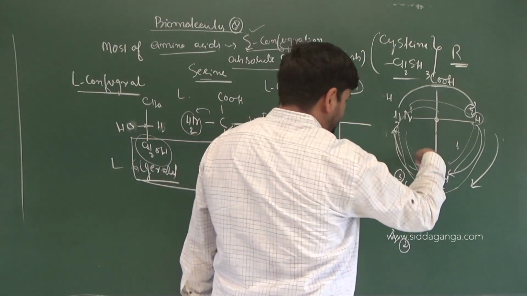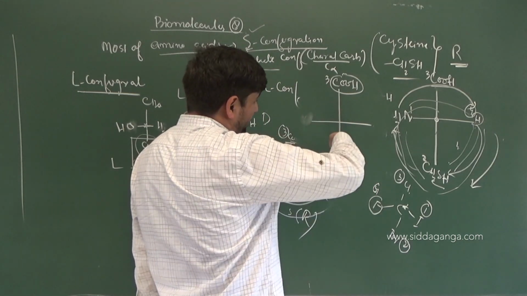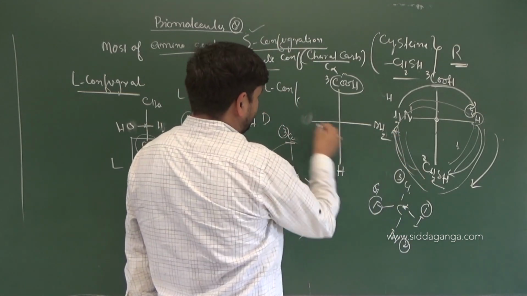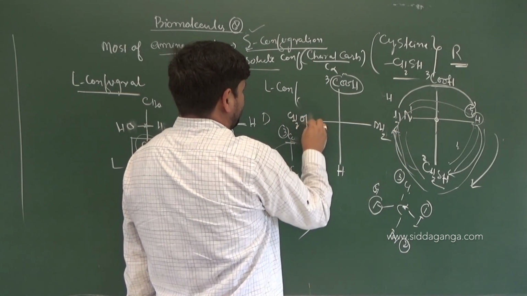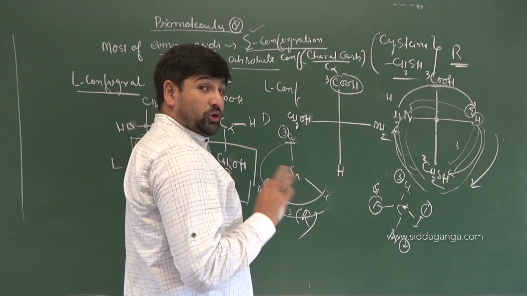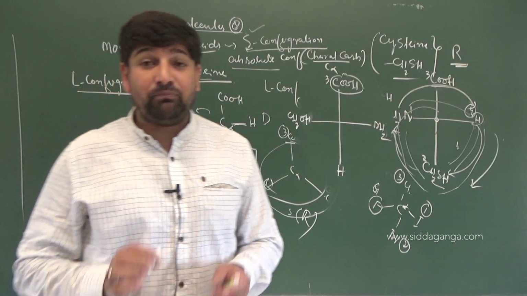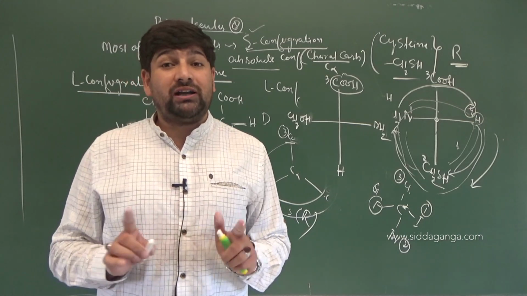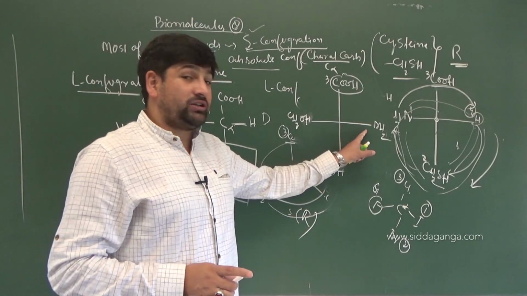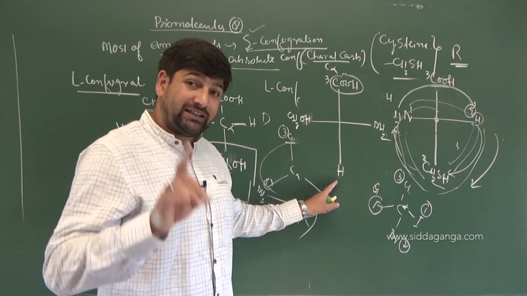Clear? Now once the rotations are done, what will come here? Hydrogen. NH2, once the rotation has been done, NH2 will go here or not? And what will come at this place? It will be side chain of serine, that is CH2OH. Now, let's have a look on this. Now, don't change the name. Whatever the name now you are getting, that's the actual name. Because you have not done any arrangement in such a way that hydrogen is not at the position, or lowest priority group is not at a position where it's expected to be.